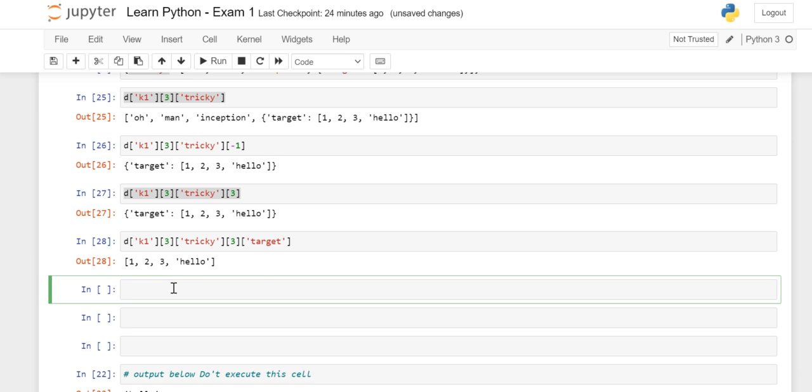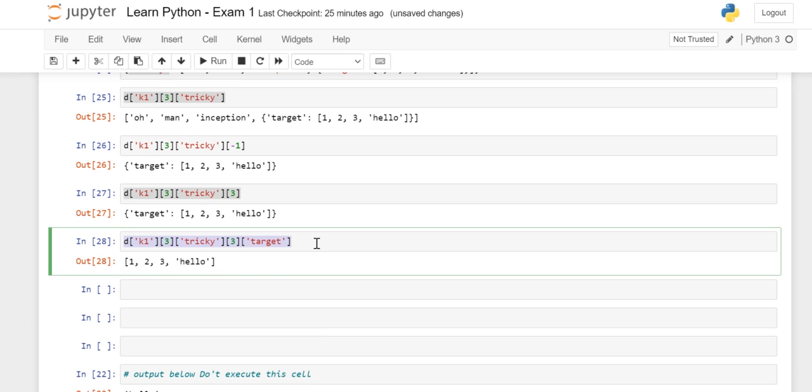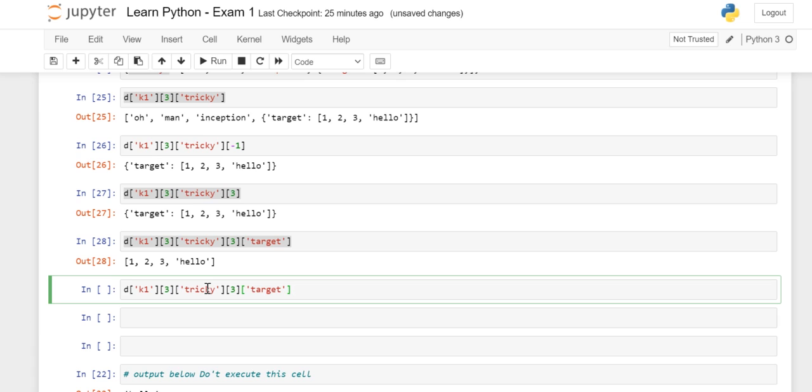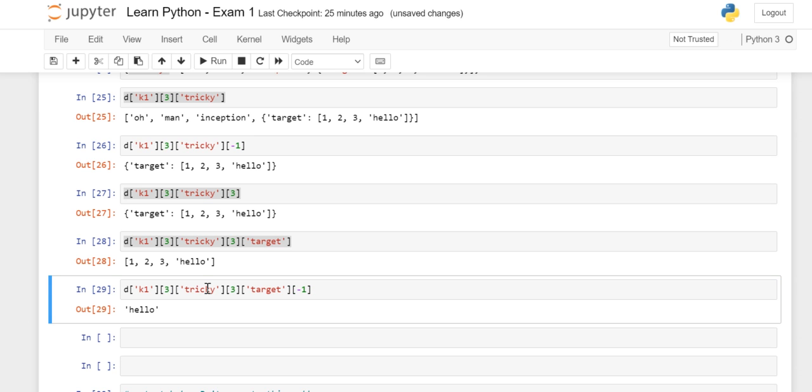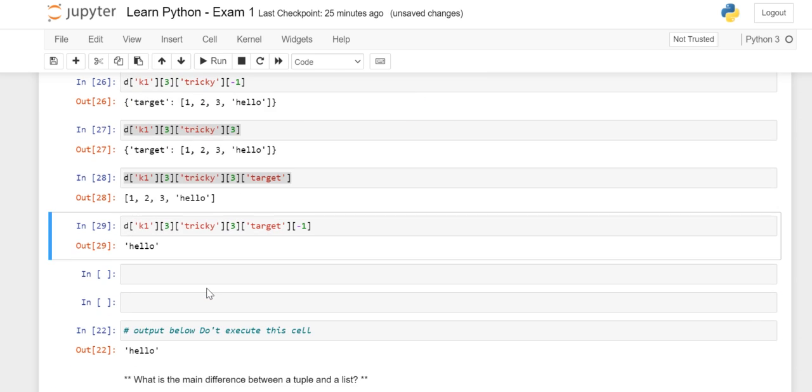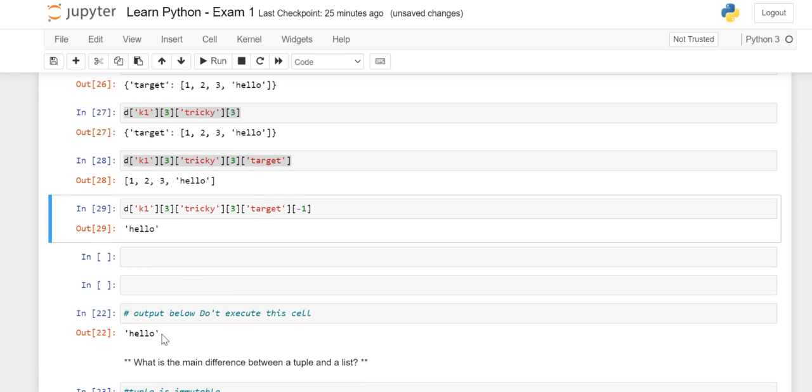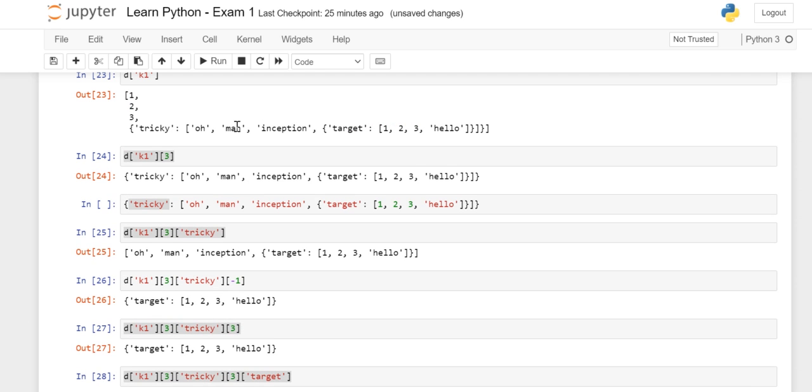How to access this hello here? I have to count the index value, so let's go with the backward one this time. Minus 1 or 3, both will work. Yeah, let's go with the minus 1. Okay. So I'm able to access my hello. You can see that the actual output and the expected output both match. Clear? Yes. Clear. Kanksha, any doubt in this one? No, ma'am.